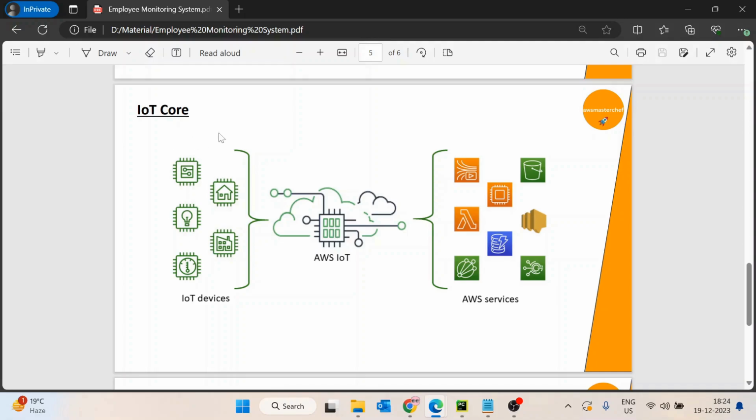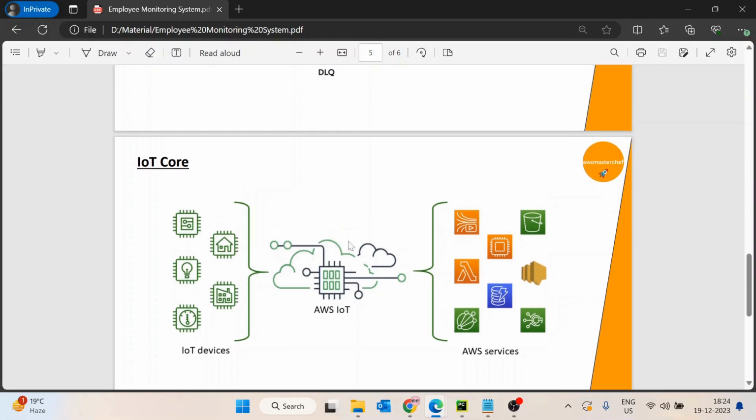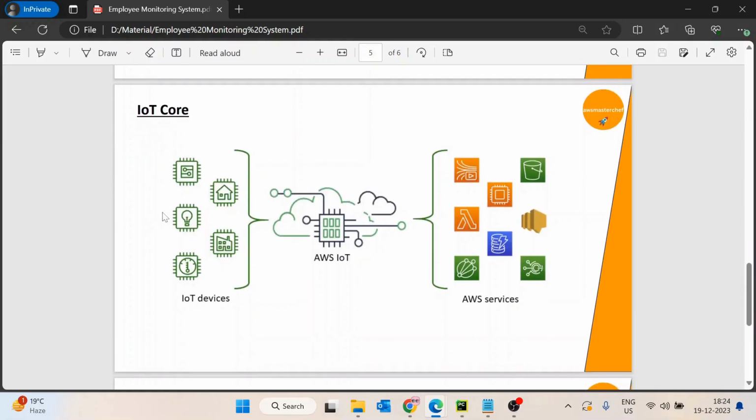In those scenarios we use IoT Core, with small message size. I don't think, though, that in our employee monitoring system our message size would be small. But if we have anything like that in our system, we will definitely use IoT Core for that. Definitely for cloud side to device side, like from the cloud on the Rasa side, on the chatbot, you just write, please configure this change, and this message will be sent to the AWS IoT Core, and ultimately all the devices get notified. So we will use IoT Core from that perspective.